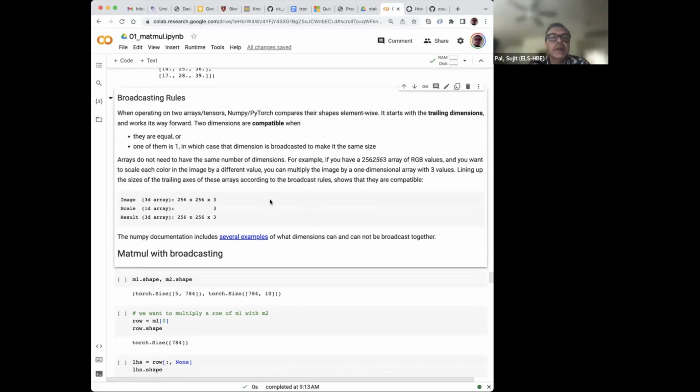And it says basically, it starts with the trailing dimensions, how broadcasting works, and it works its way forward. So 2 dimensions are compatible when they're equal, obviously, or one of them is 1, right? In which case the dimension is broadcast to make it the same size, right? So this we saw in the scalar case, right? Also, if you have things like,